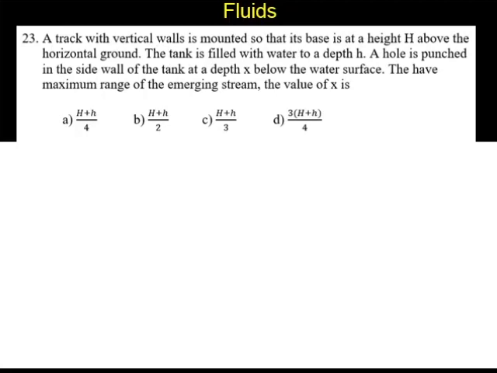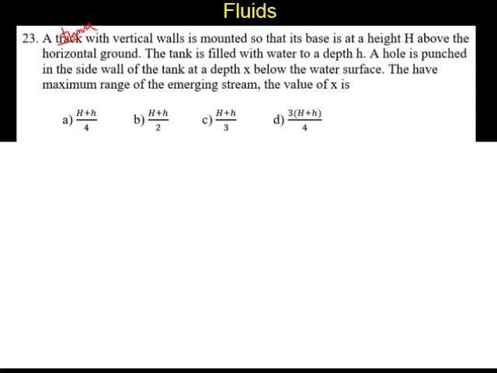Question number 23. A tank with vertical walls is mounted so that its base is a height h above the horizontal ground. The tank is filled with water to a depth h. A hole is punctured in the side wall of the tank at a depth x below the water surface. To have the maximum range of the emerging stream, the value of x is to be